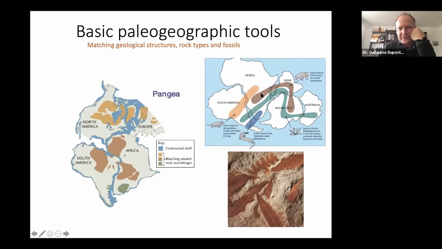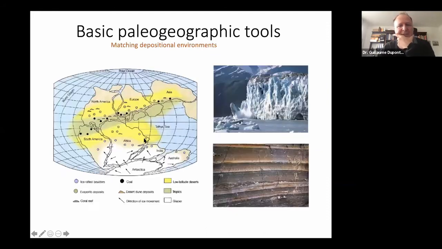Looking at fossils, how they fit, it was not possible anymore to have these long bridges carrying everything, huge reptiles, across the ocean. And so this started to be a strong hypothesis. There were also paleogeographic tools, so you could look at environments. For example, coal,